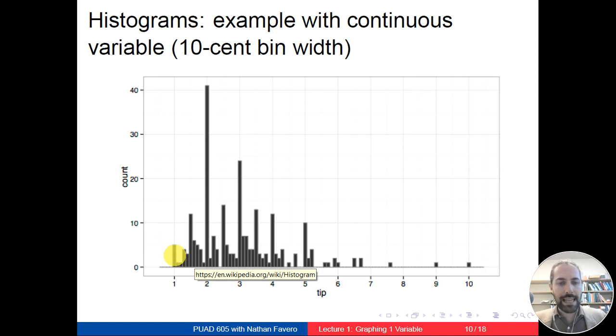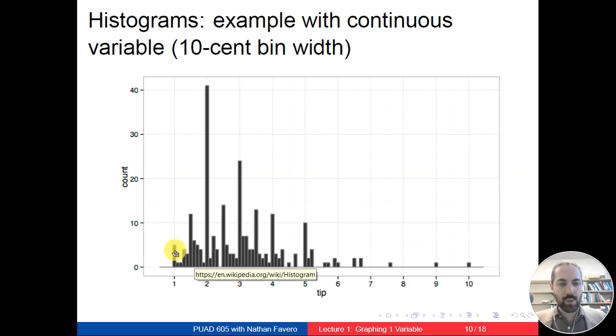And the reason I say that is that if we look at this more broadly, we can see that there are a lot of spikes, right? The tallest bars tend to be those that are relatively whole numbers, right? Or that include whole numbers, right? So we can see that